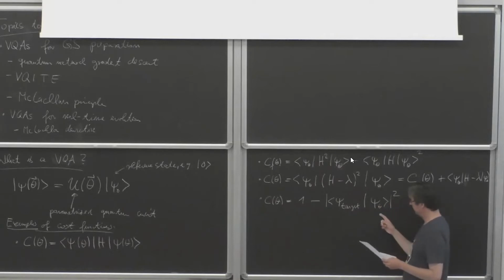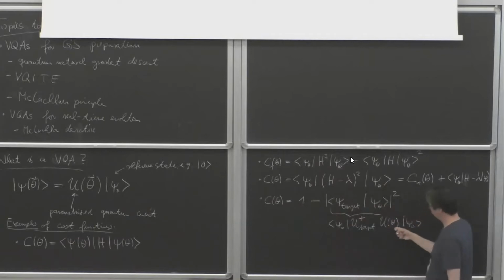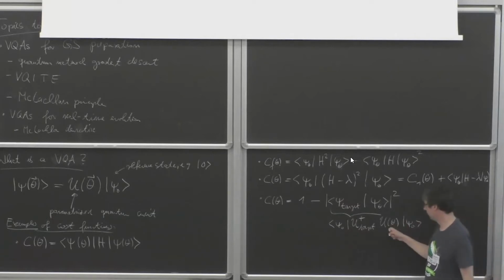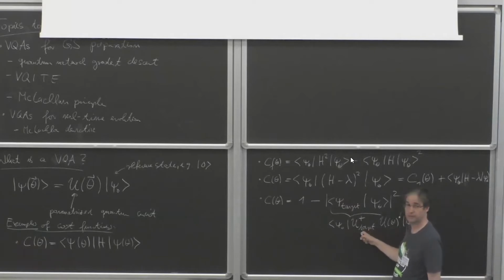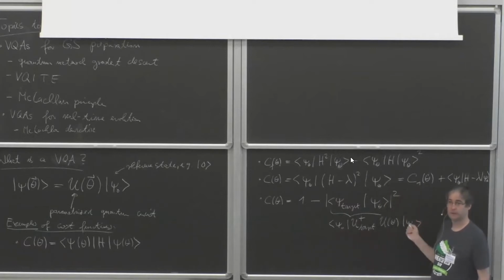Another one is that you can write this as the reference state, then U dagger target, then U of theta, reference state. You can think of this as concatenating these two circuits and measuring the return probability to your initial state. You prepare a certain bit string, let's say all 0, apply your variational state, apply the inverse of the target unitary, and then measure the probability of going back to the initial bit string. If you optimize that, then you're optimizing this. It's like concatenating these two circuits.